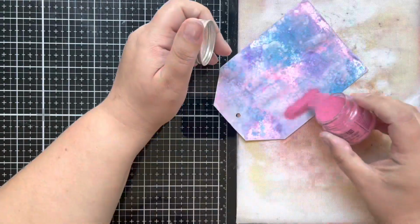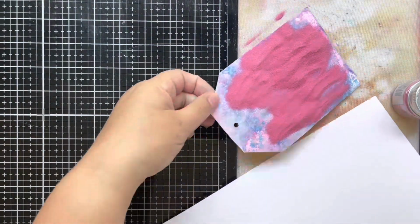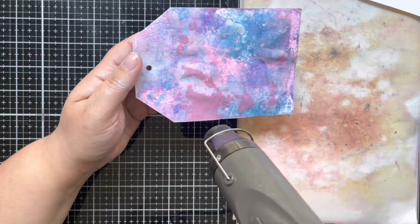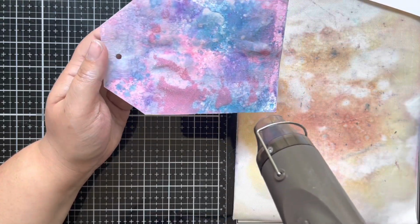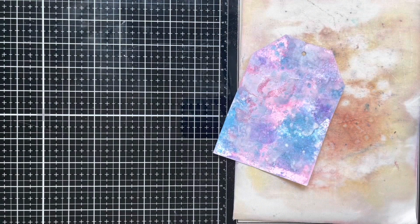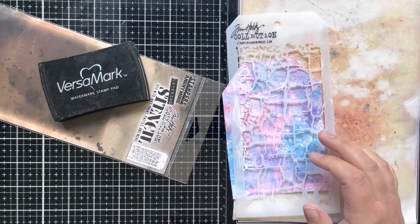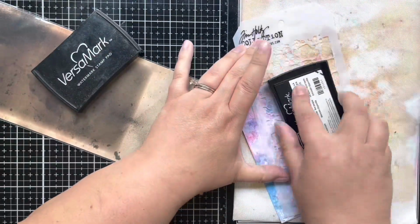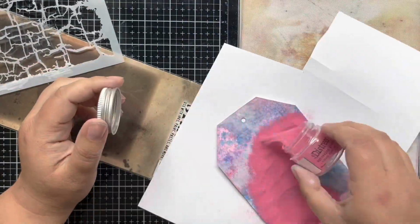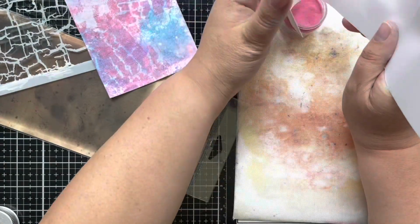Now, I still had some wetness around, so I was trying to see what would happen with this paper if I just added some of the embossing glaze, and it did hold on to some of the wetness. However, this works much better with the mixed media heavy stock paper. So you'll see me here in a second move to a stencil from Tim Holtz, and I'm just going to use that and push some Versamark on through there, and then use that Kitsch Flamingo embossing glaze on top of that. I'm basically just trying to make as many layers as possible on this tag to get this nice, yummy